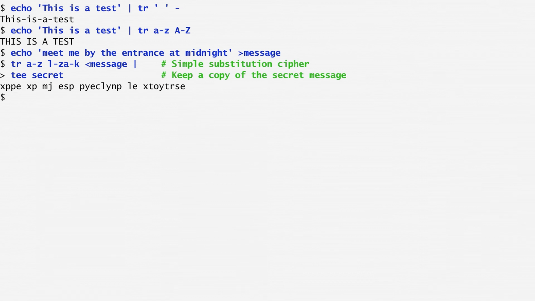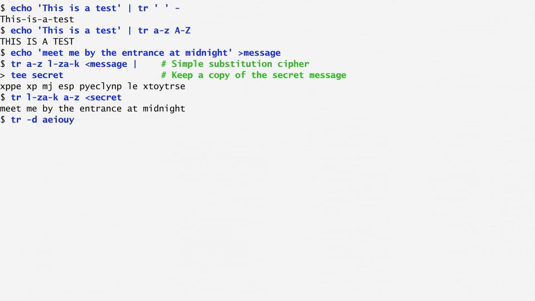We see that the encrypted message is hardly readable. Although such messages are easily decrypted, they are useful in obfuscating things. For instance, participants in news groups use this method to obfuscate hints about movie endings. To decrypt the secret message, I specify the character range in the opposite order. Thus, we get the original message back.